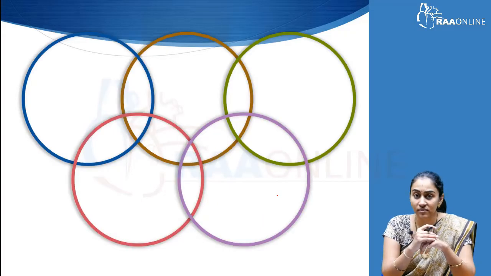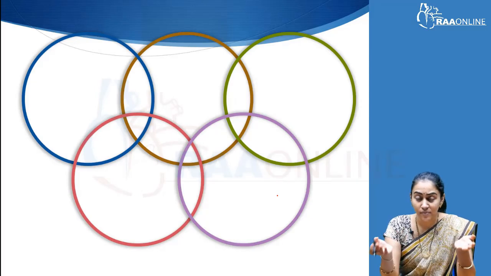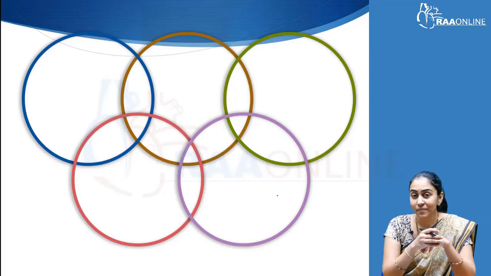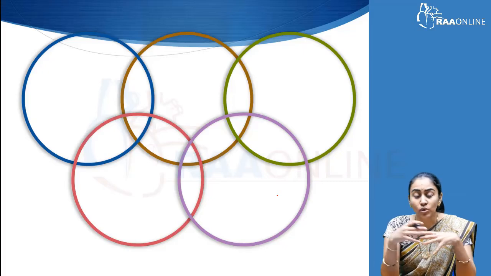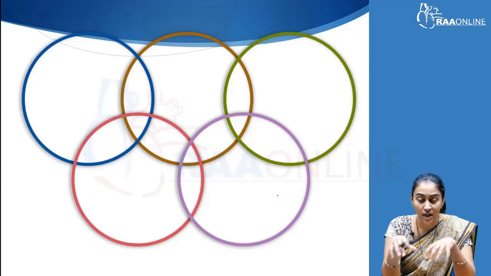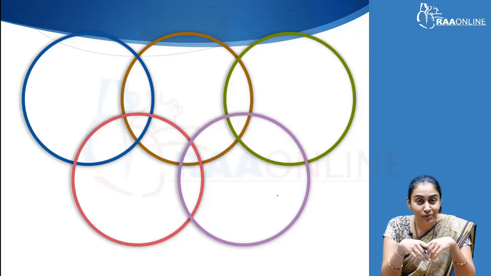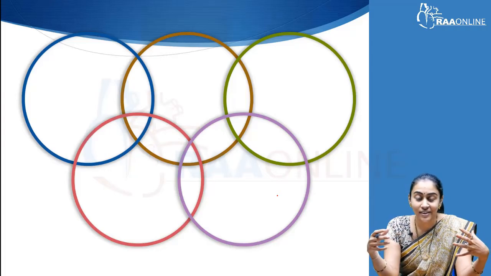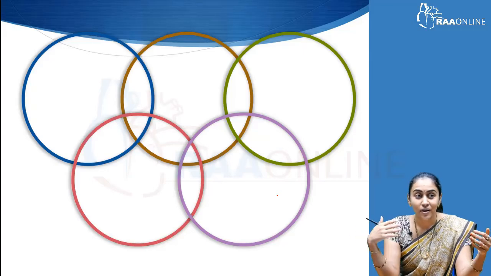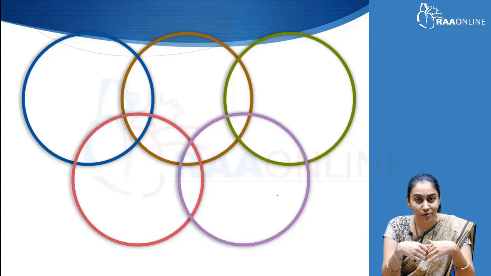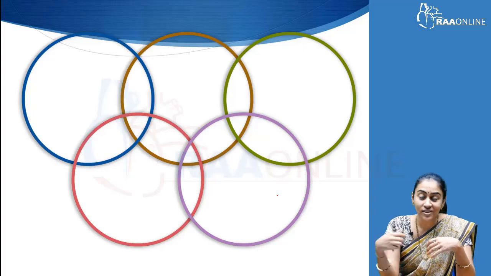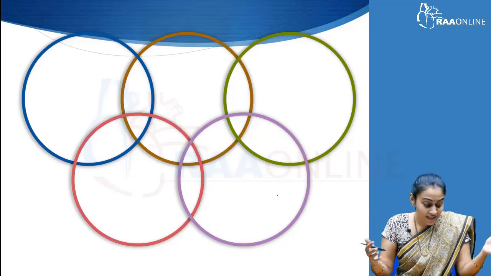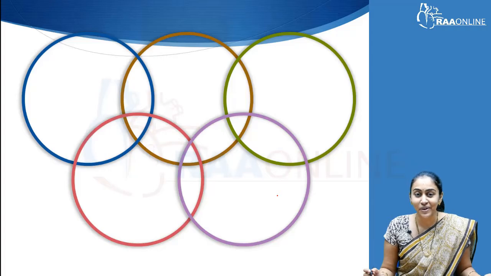So what is this? This looks like the symbol of the Olympics, right? What I'm trying to tell you is that although there may be many tournaments, one of the tournaments that receives maximum global attention is actually the Olympics. Am I trying to tell you that the glomerular diseases are something like the Olympics as compared to all the other renal diseases? Because glomerular diseases instantly get a lot more attention because of the severity, because of the rapidity in which some of these conditions present, and because of its more serious implications. Is that what I'm trying to tell you? No, that is not what I'm trying to tell you.